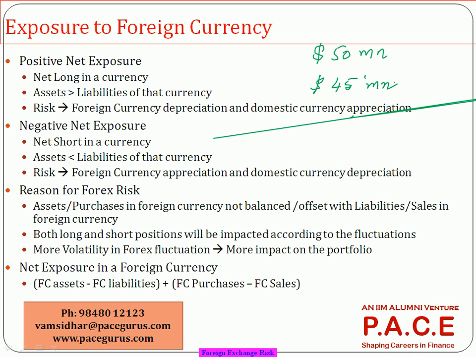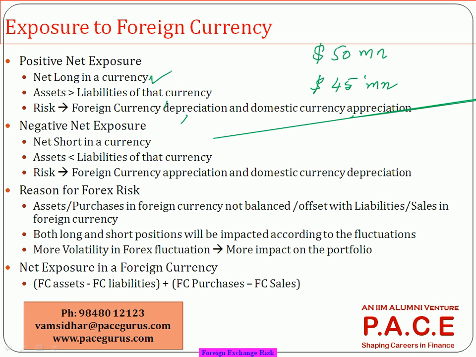So when we say we are positive, net is we are long in a currency, because I have more in terms of dollars. Dollar assets are more than dollar liabilities for me. That is what we call as we are net long in a currency. The positive is a reflection of being net long in a currency where assets are greater than the liabilities in that particular currency. Now, what is the risk for us? If the foreign currency appreciates, $1 becomes 66 or 67, we are very happy,